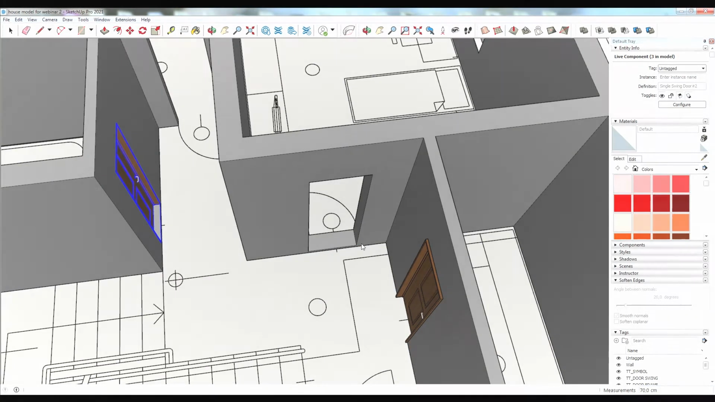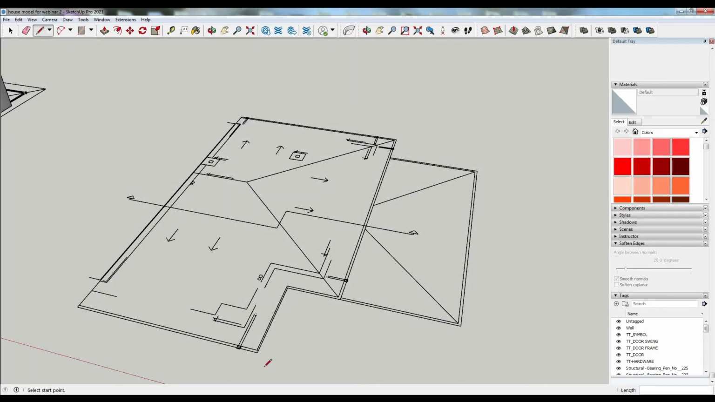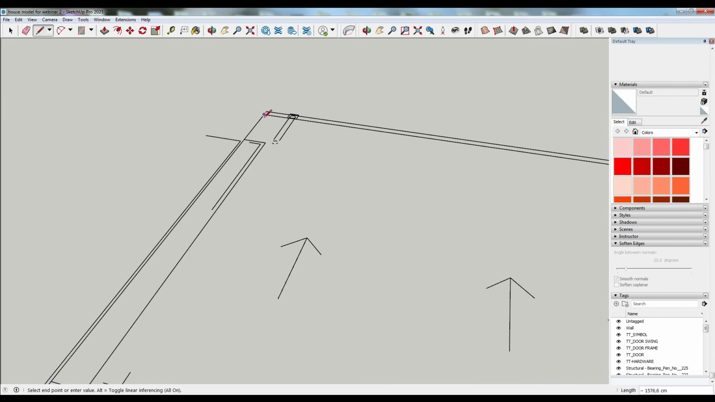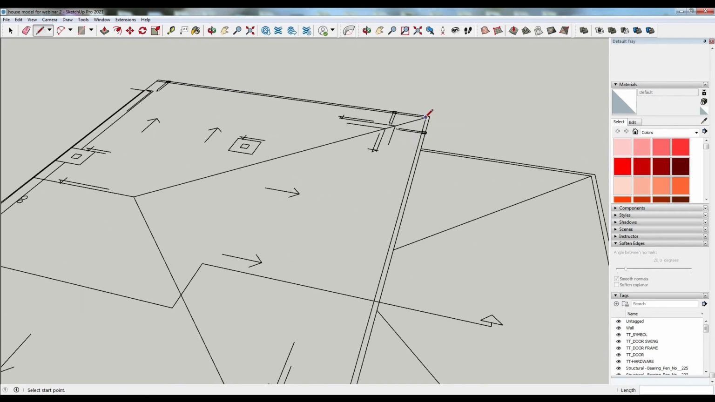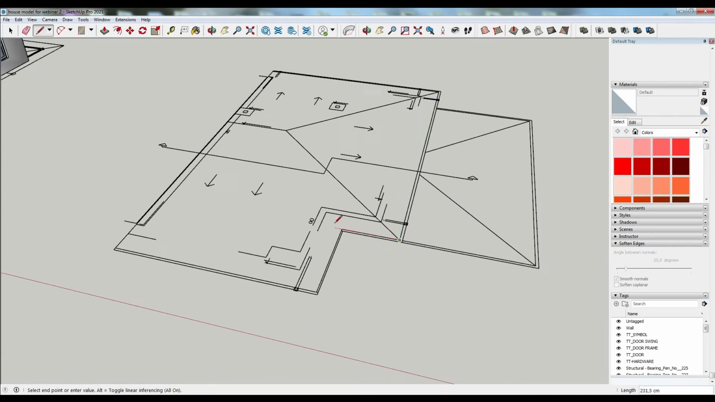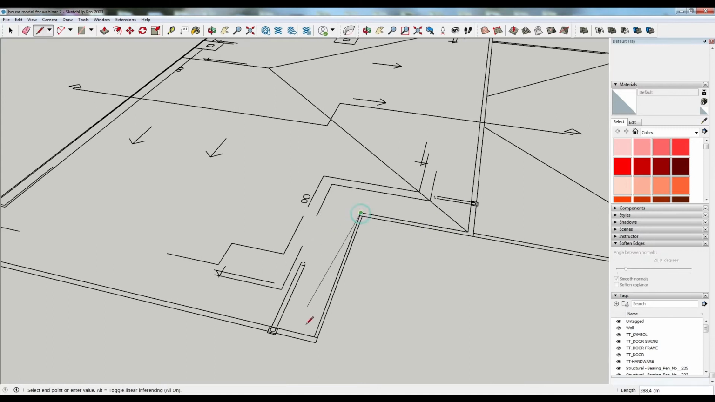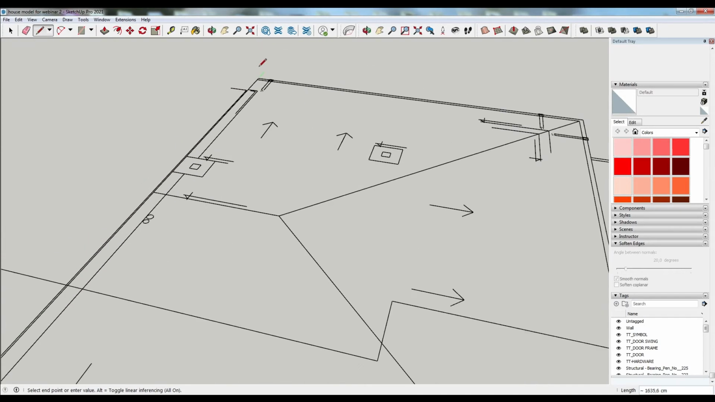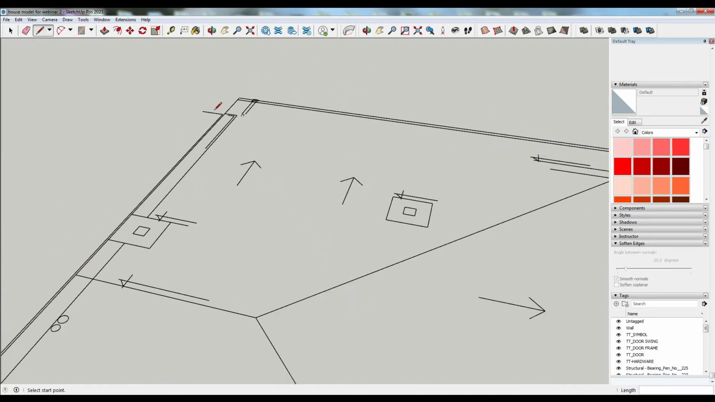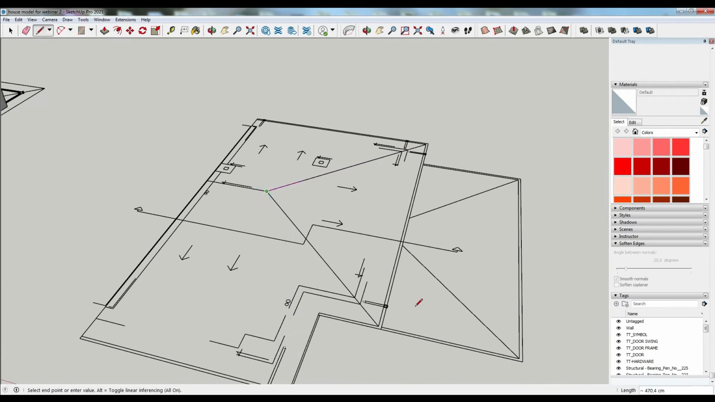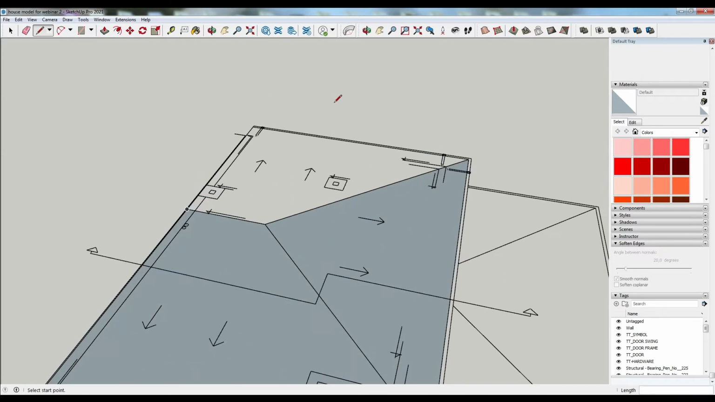Now we will begin modeling the roof. As you remember, we imported a drawing of roof as well. It was a CAD drawing, and now I will use line tool in order to make a closed surface, and I will actually draw all the lines of the roof. If I need to, I will zoom in order to be precise. I will close all